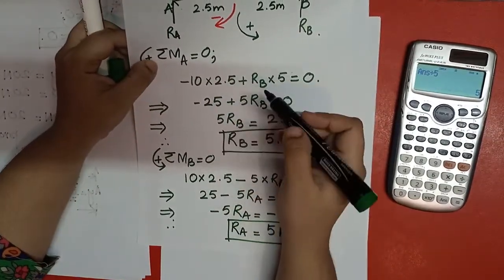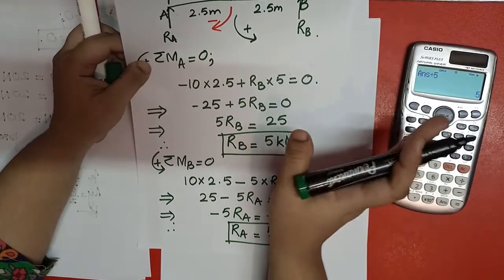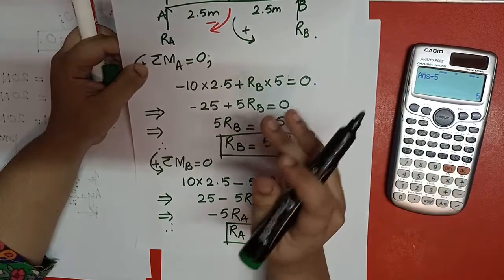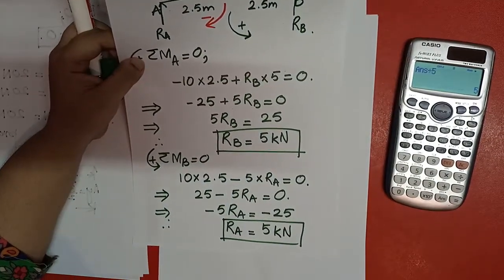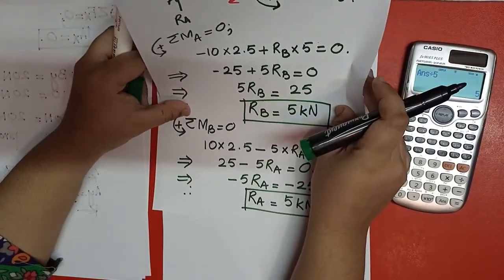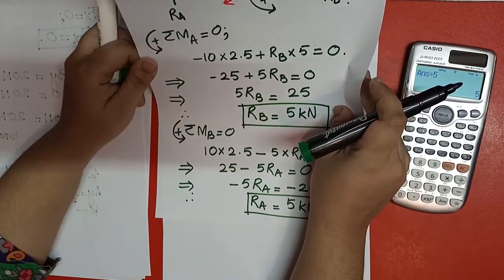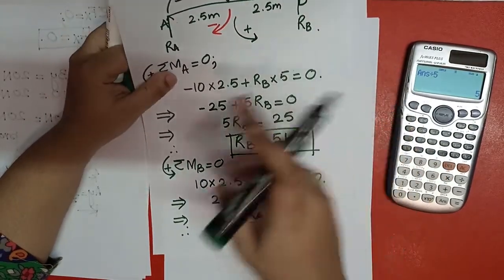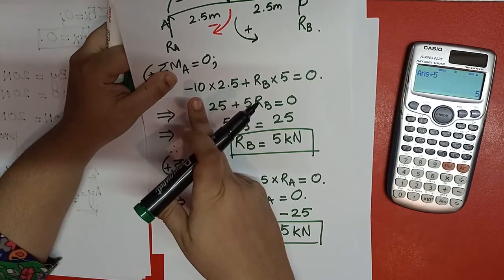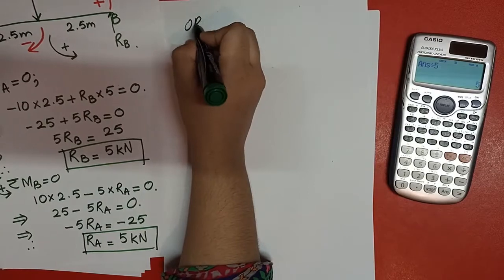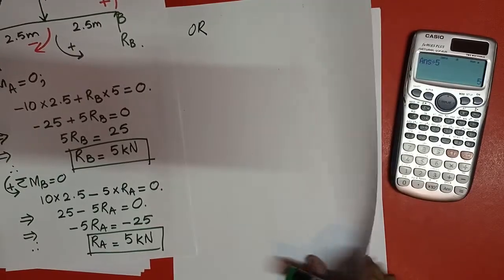And you can also check it. For example, if you are going to solve this numerical, you have to sum up the moment, sum up the vertical forces, and sum up the horizontal forces if there is a horizontal force on the beam. Otherwise you don't need to sum up horizontal forces. You can see that I have done the summation of the moment at B, and the answer is complete because I have to find RA and RB. I just want to tell you, you can use the summation of the moment at B, or you can sum up vertical forces as well. You will get the same answer by this.